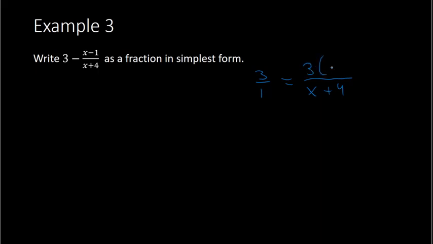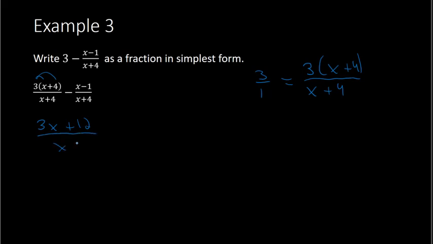So I multiply the top by x plus 4 as well. So I have 3 times x plus 4 for the first fraction over x plus 4 minus x minus 1 over x plus 4. And now from here I can combine into one fraction. So I can distribute. We have 3x plus 12. So 3x plus 12